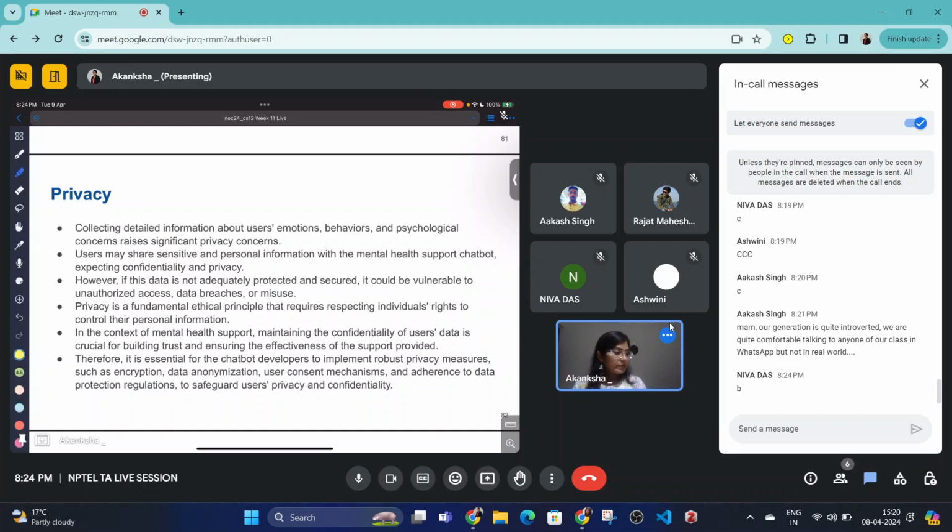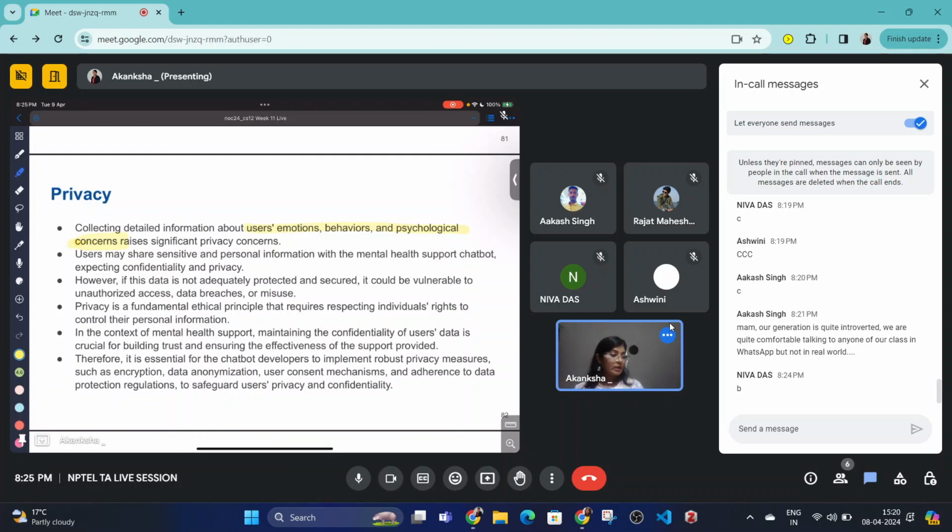We collect detailed information about users' emotions, behaviors, and psychological concerns, and users who are very comfortable now will share some important information. Suppose I have something to say which I'm not comfortable talking about in front of anyone, not even my counselor, then I will prefer that virtual agent. But a virtual agent also has some ASR system, it is also recording your speech, writing it down in the logs, and it has all the information. If anybody else accesses it apart from the doctor,